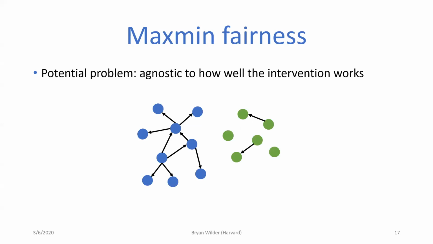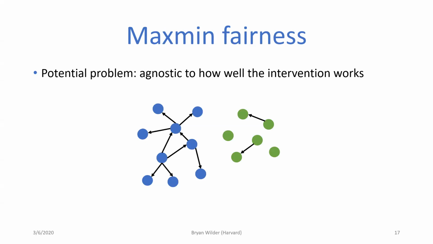So this is reasonable in the sense that we would like to somehow pay more attention to groups that are getting the least utility from our intervention right now. But it does have a potential drawback, which is that it's sort of agnostic to how well the intervention actually works in different groups. So here's a kind of stylized example where we have two groups, a blue group and